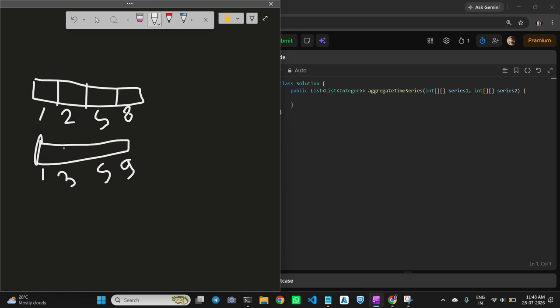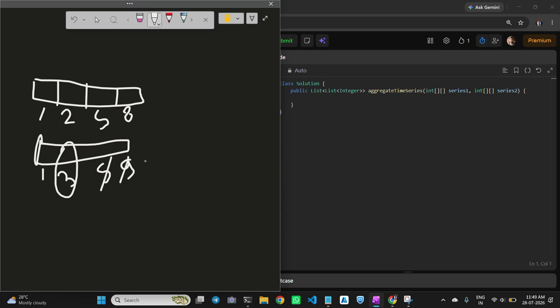So you will consider the value associated with the next timestamp. If you have 2, you look for the timestamp in the other series that is just greater than the current one, like 3 only. You just have to consider the next greater one; you cannot consider 5 or 9.